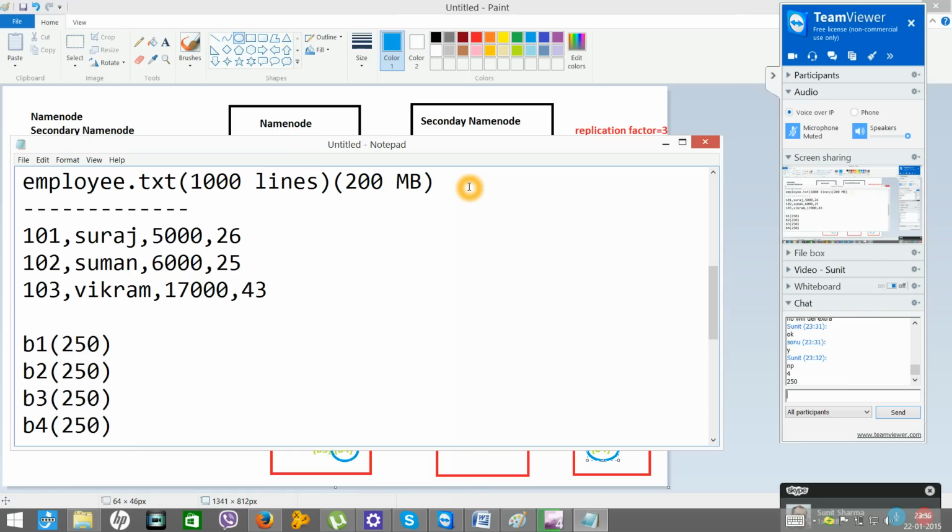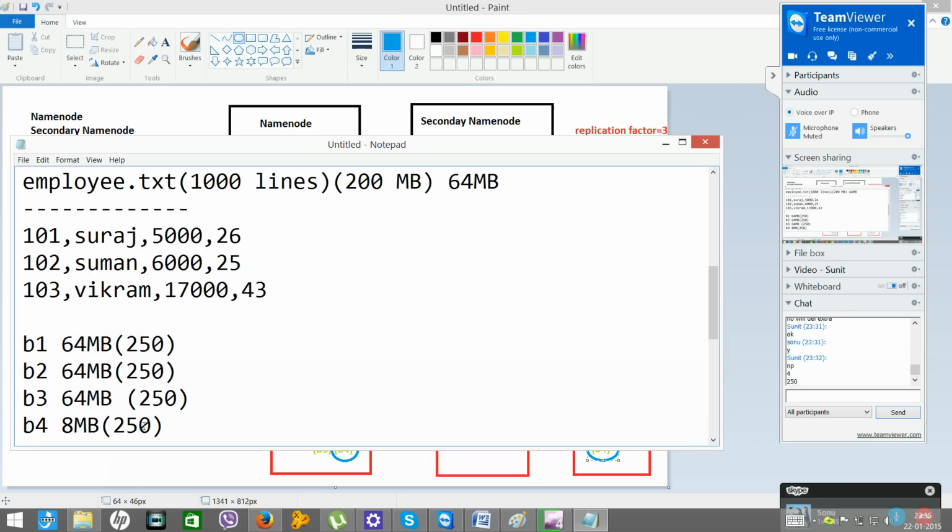But the block size is 64 MB, right? That means 64 MB here, 64 MB here, 64 MB here, and sorry, here 8 MB.